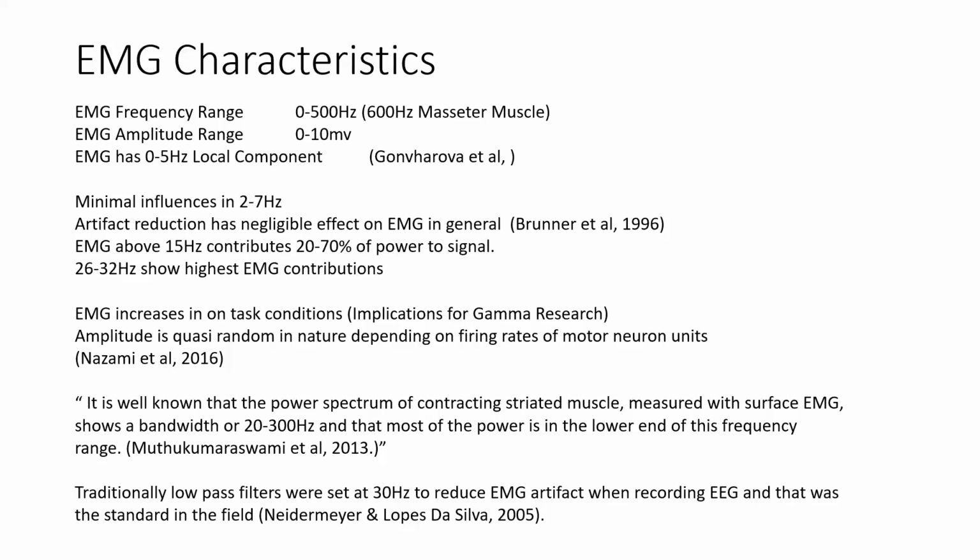Now, one of the reasons there may be a difference between the 0 to 500 and the 20 to 300 is that 0 to 500 may be putting needles in the muscles, where the 20 to 300 may be more just collecting off of a skin surface sensor. And you get different information doing that, just like you do with EEG.